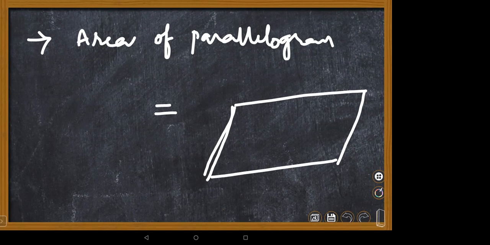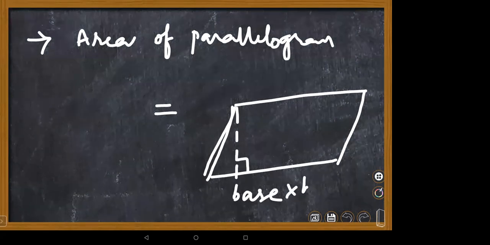Yeah, you need to multiply the area of the parallelogram: base multiplied with the altitude, children. Altitude is nothing but this perpendicular distance, right? Yes, ma'am, height. This is height. Base multiplied with this height.